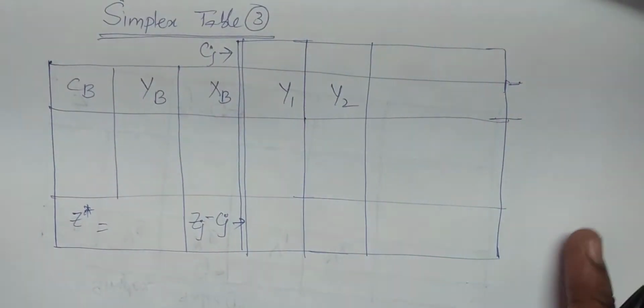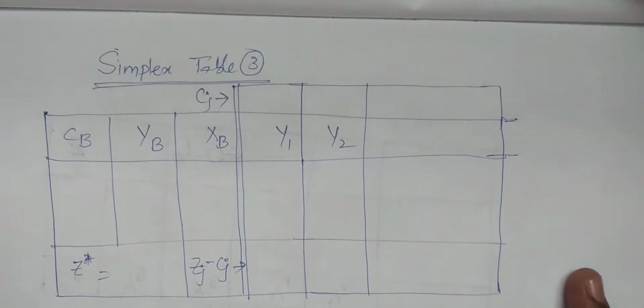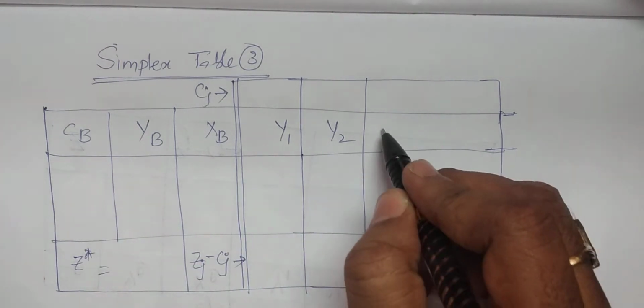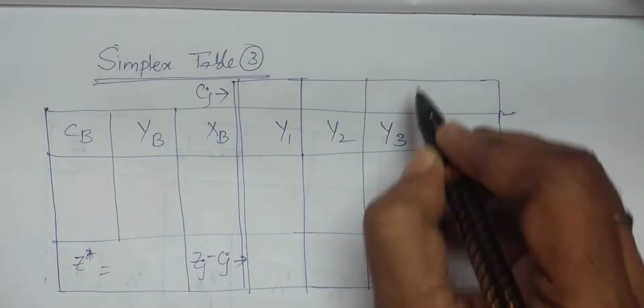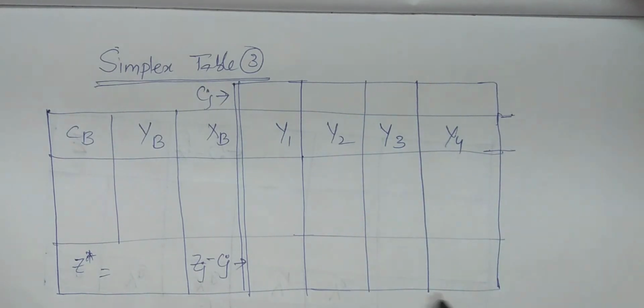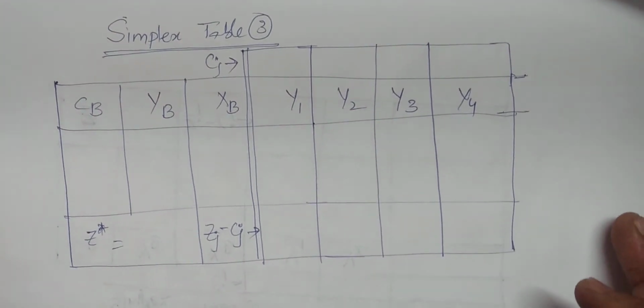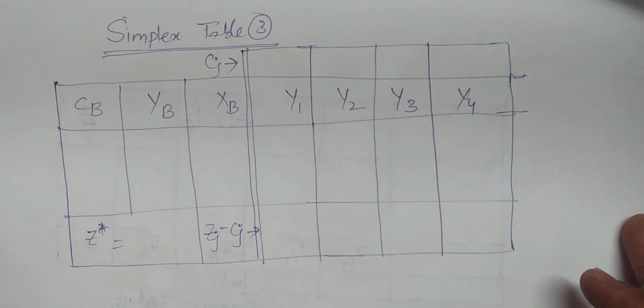Now come over here, we are formulating simplex table 3. I have constructed simplex table 3 up to this. So now I take y3 and y4, because y5 is deleted since y5 leaves. Since it is an artificial vector, it can be removed from the simplex table. We can continue or we can remove it. In my procedure, I am removing the artificial vector if it leaves the basis, removing it from the simplex table.